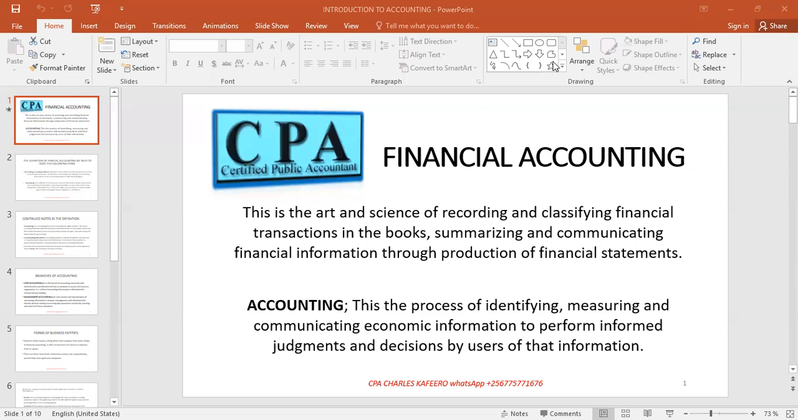And these financial statements are our income statement, which you can call trading, profit and loss account, or a statement of comprehensive income, and the statement of financial position, that is the balance sheet, plus a statement of cash flow. Those are the statements we normally